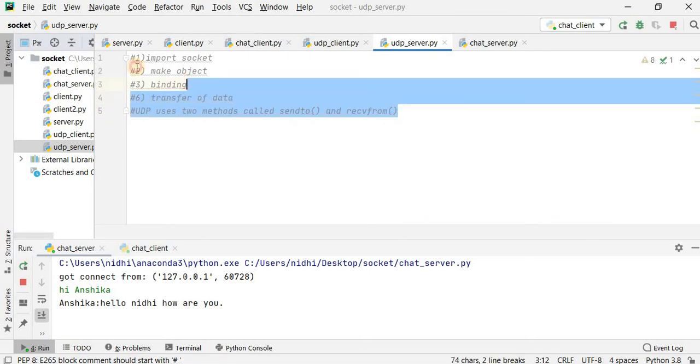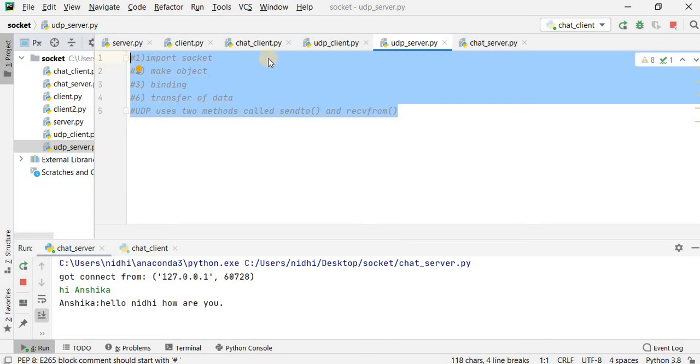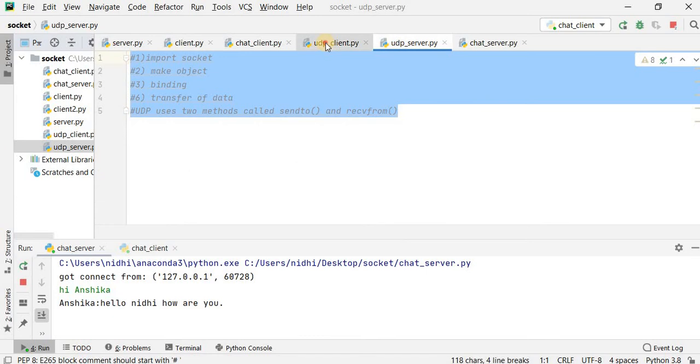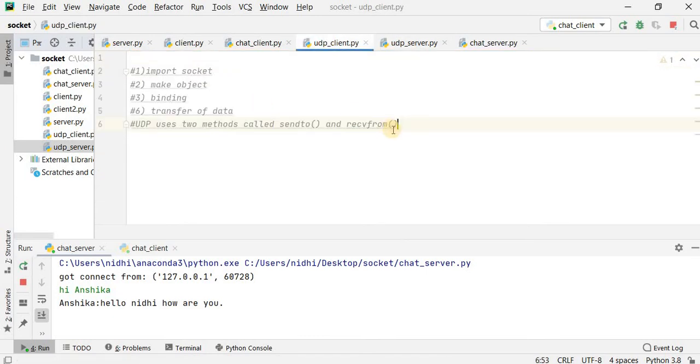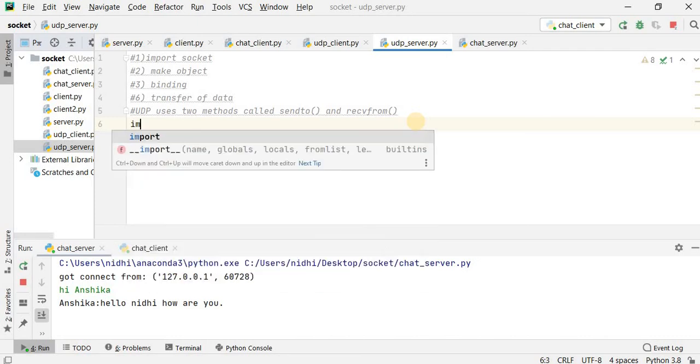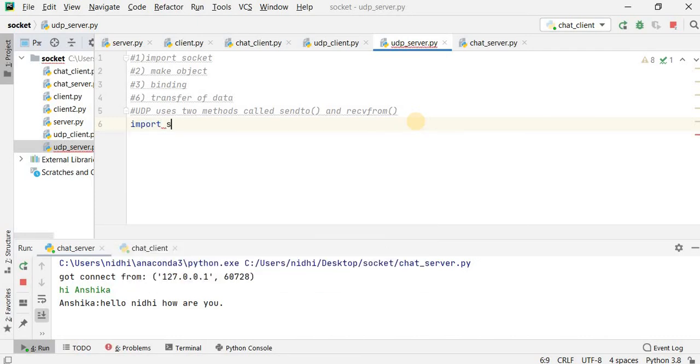Then what will the client side be? I will explain the client side after I do the server. I will complete the server programming first. The first step is to import socket, which is very easy. Then you have to make an object, and the object creation is also very easy.